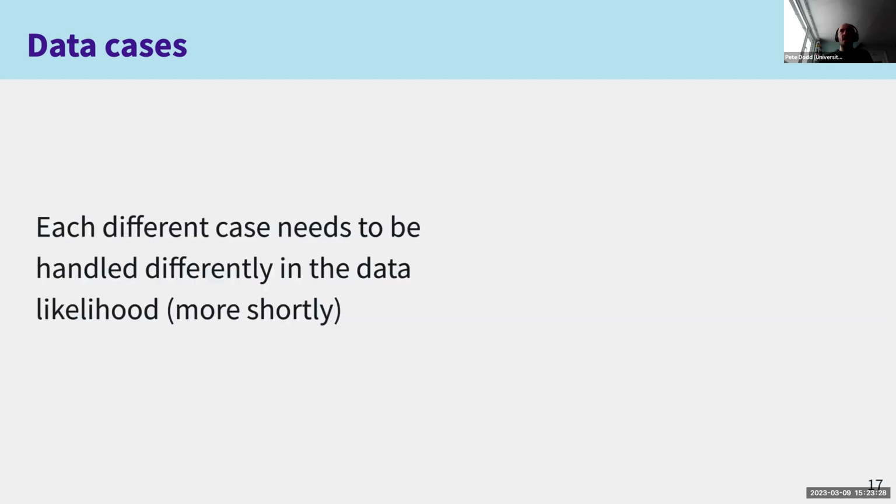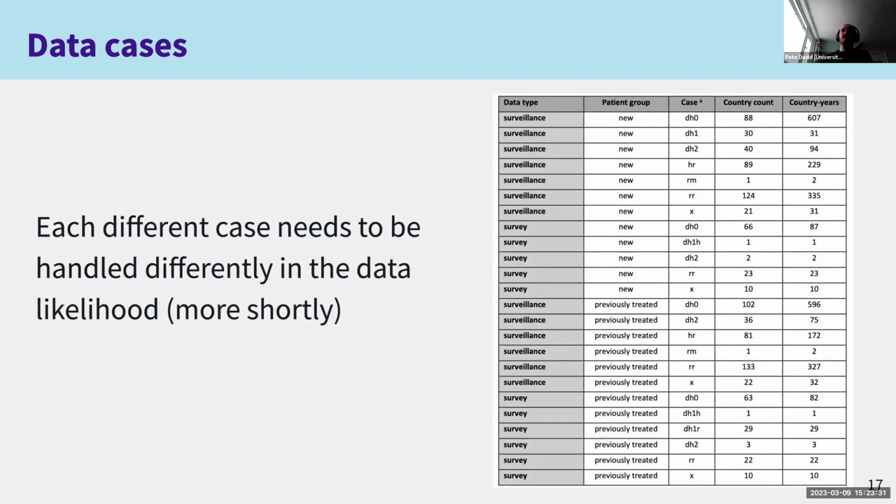Once you think about expanding them by patient group and data type, you find there's quite a lot of diversity in the format and meaning of the data. Some of them only occur once, which is a bit depressing in terms of the effort to return, but many of them occur reasonably frequently. Each one of these different cases requires a different data likelihood, which I'll say more about in a minute, in order to make contact with